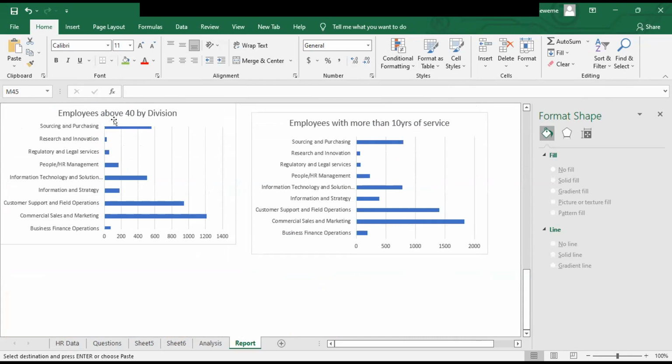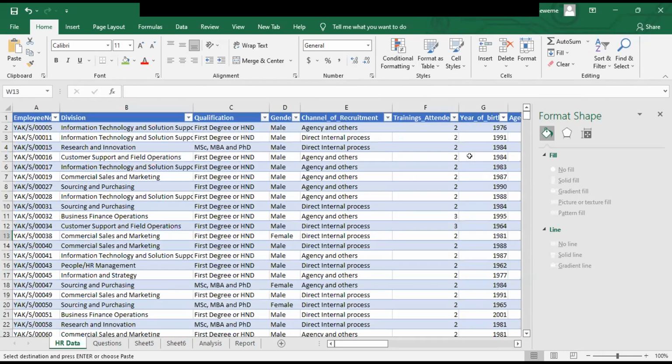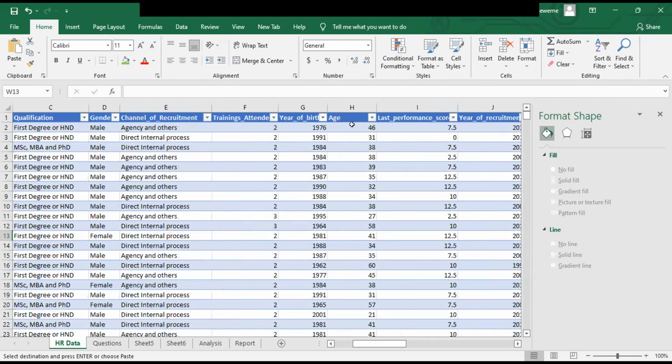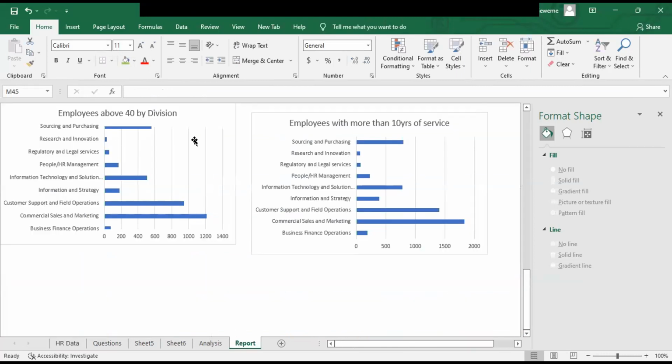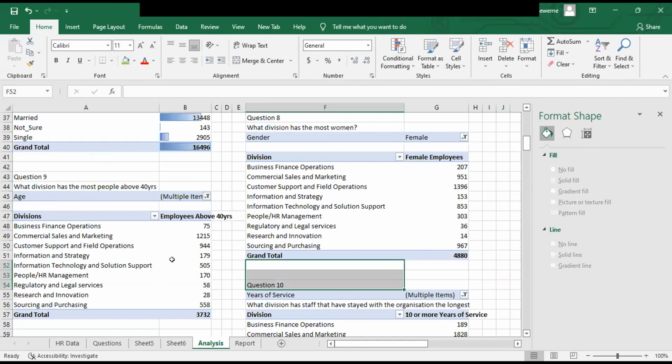So I wanted to try my hands on age grouping. They didn't give us the age, they gave us the date of birth, the year of birth. So what I did was convert it to age. I did 2022 minus this to create a new column for age, to make my life easier. Then I was able to group those ages by 10: 10, 20, 30, and so on.